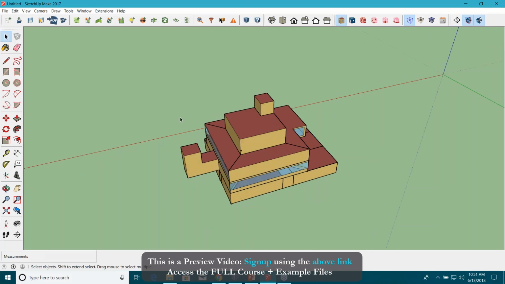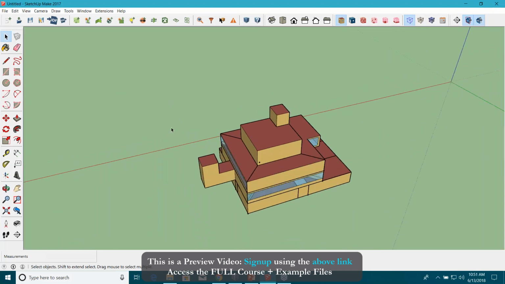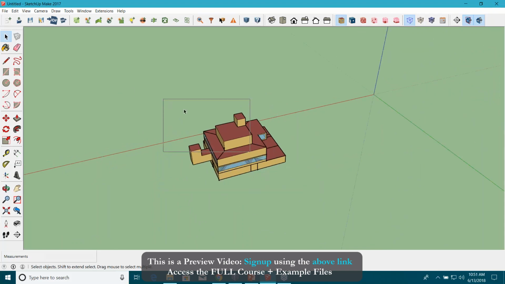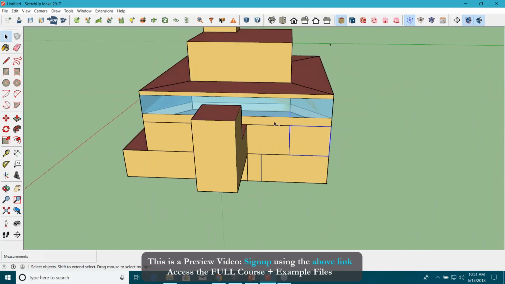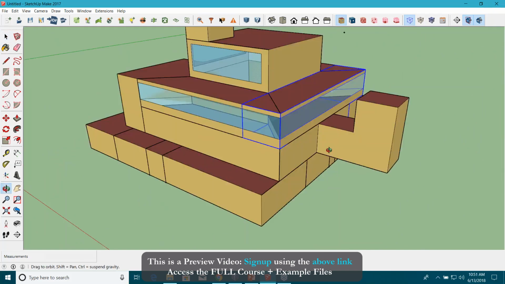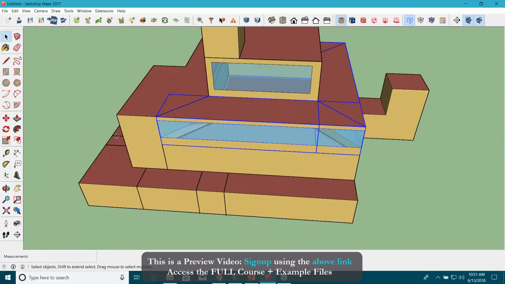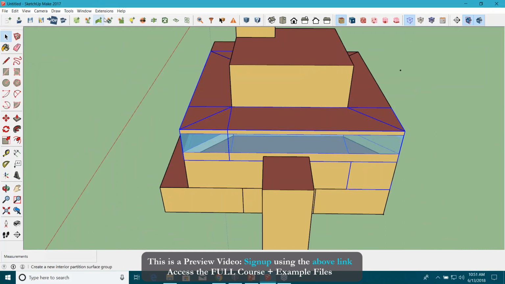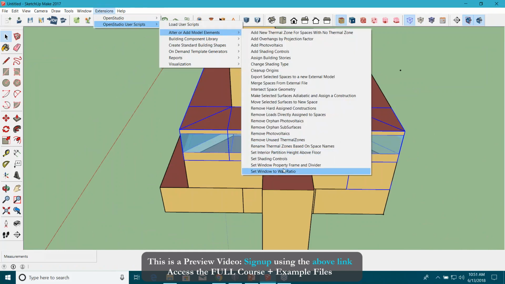If you have already made this mistake, well, don't worry. We have already provided the surface matching properties here. You can again select these spaces like this. Use your shift plus mouse, shift from the keyboard and your mouse, and then go to extensions, run this script again, set window to wall ratio